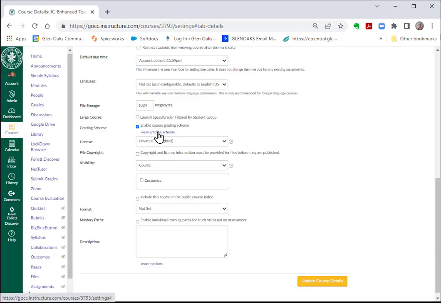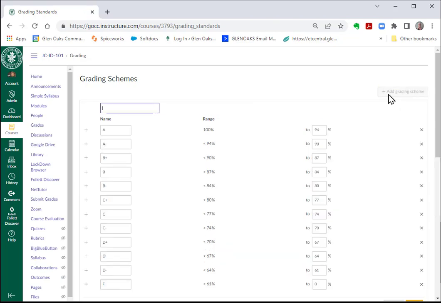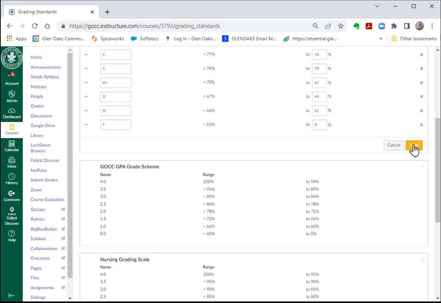Now if you decide, well, that isn't actually the grade scheme I want to use, you can manage grade schemes. You add grade scheme and then go through and you can remove lines, but the most important thing is you do have to use 4.0, 3.5, 3.0, and at the very last, you do have to use 0.0 in order for it to work. So then you would click Save